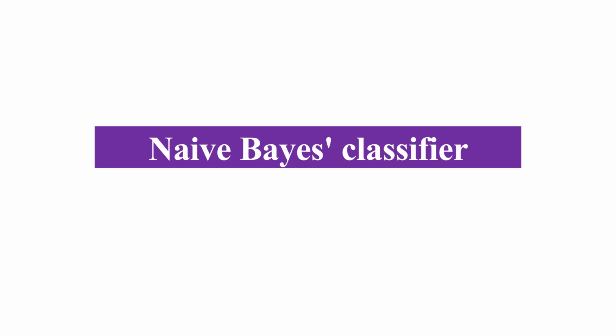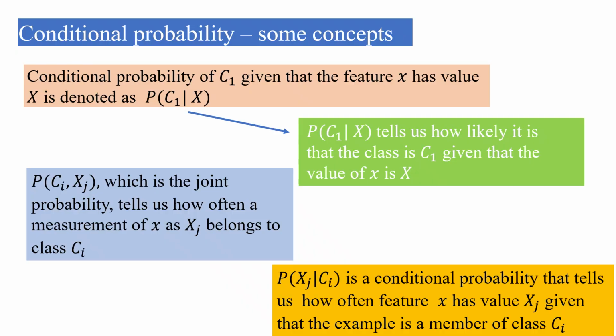Hello. Now we will study the Naïve Bayes classifier. Before that, we would first start with some concepts. Conditional probability. So the conditional probability of a class C1 given that the feature x has value x is denoted as